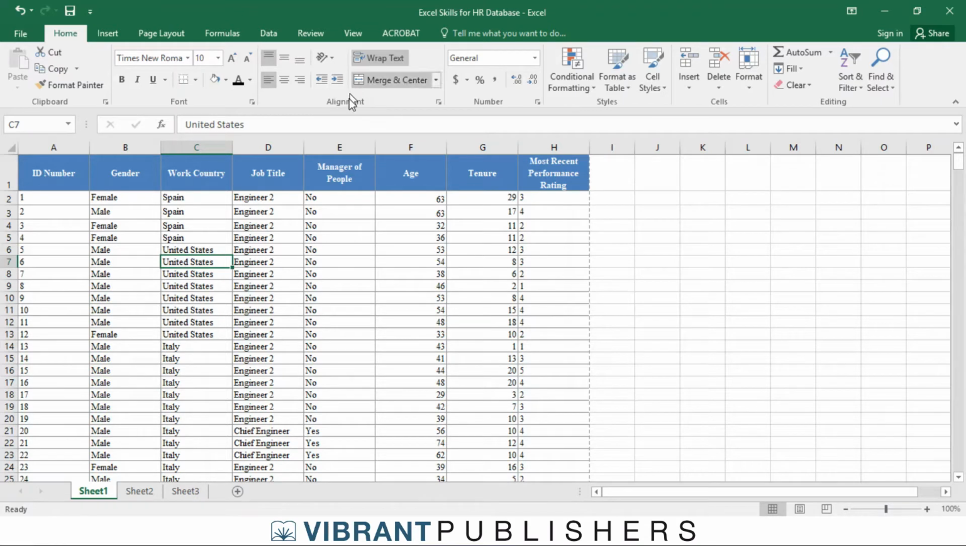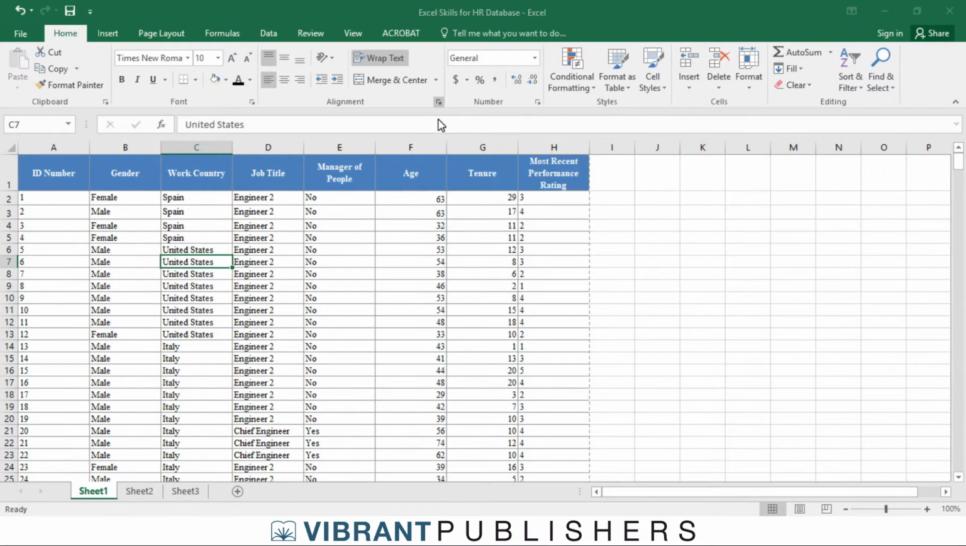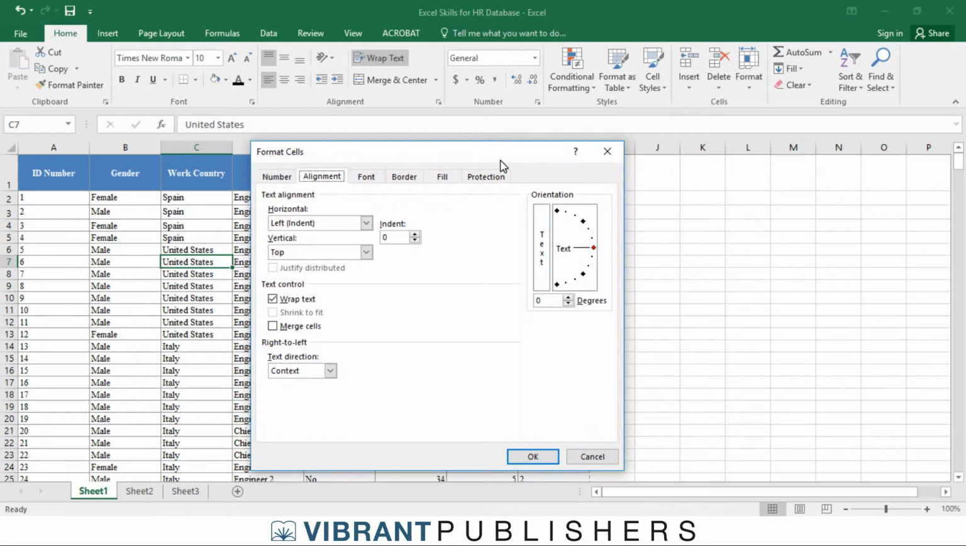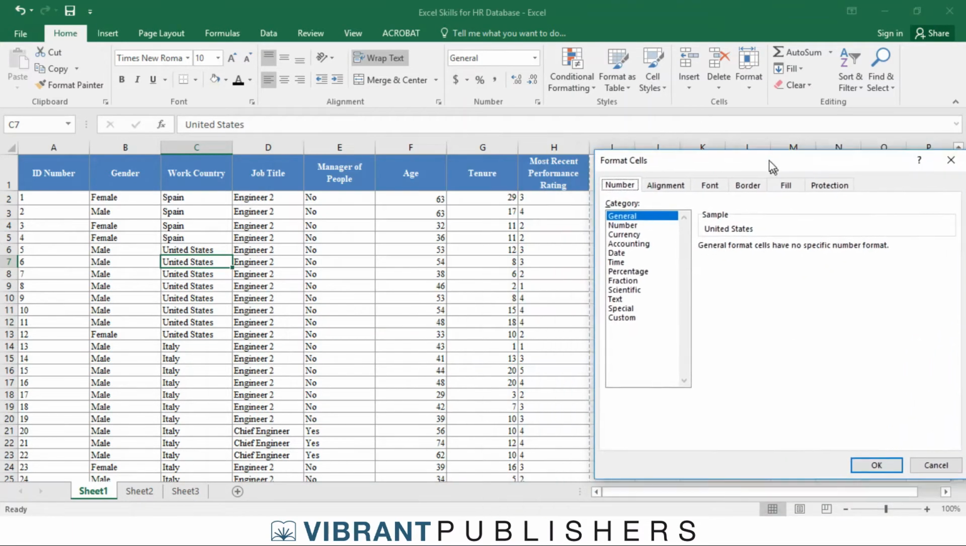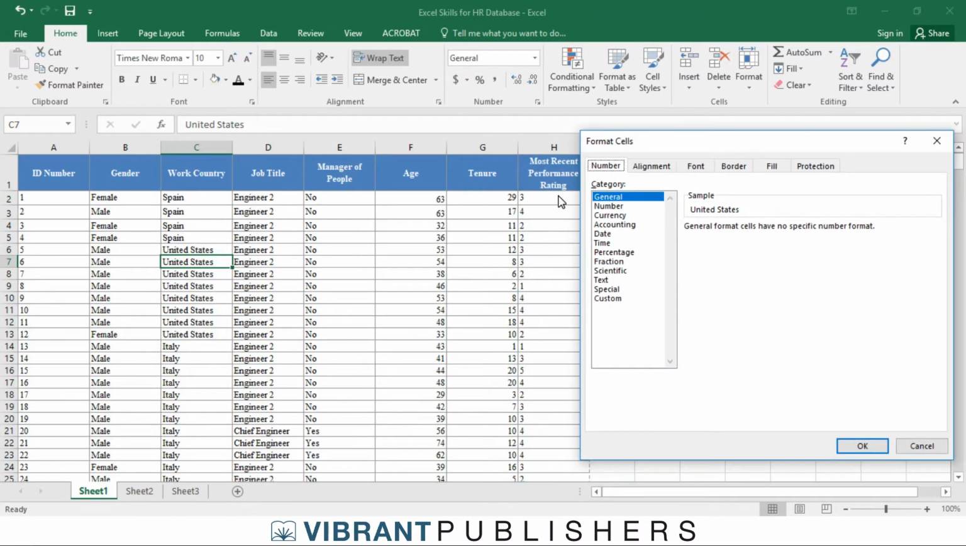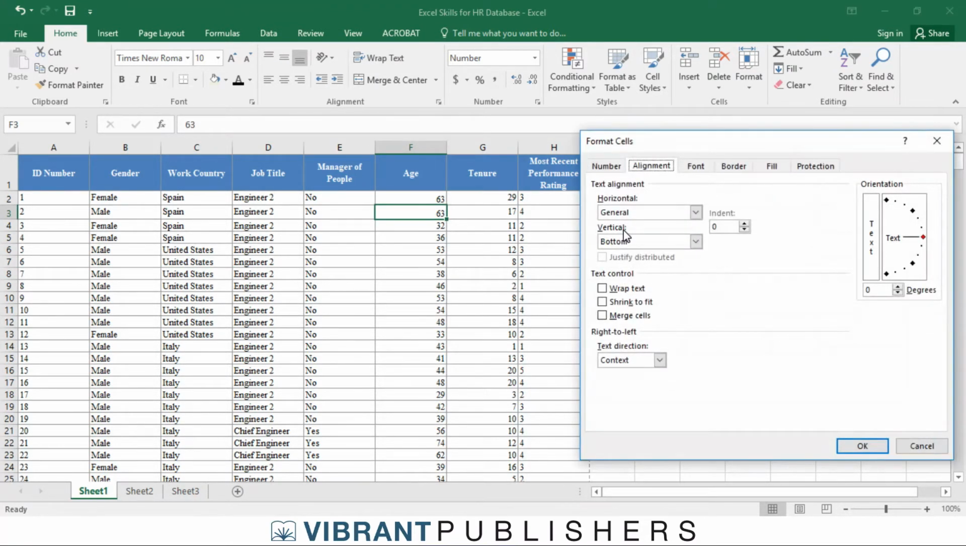The alignment of your cells is all here in the alignment menu. If you click on this little arrow, it will give you the full menu for formatting cells. And what you can see here is that you can change the type of format that the cell has or that the text has within the cell. So let's say I'm going to cancel this and click on an actual number and then come back to the formatting cells